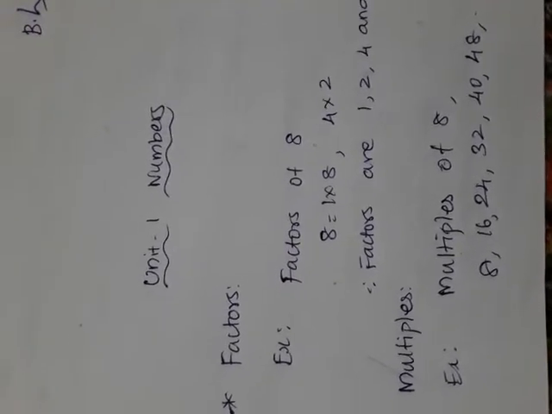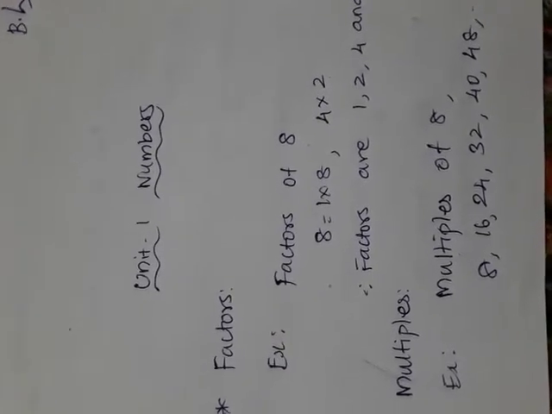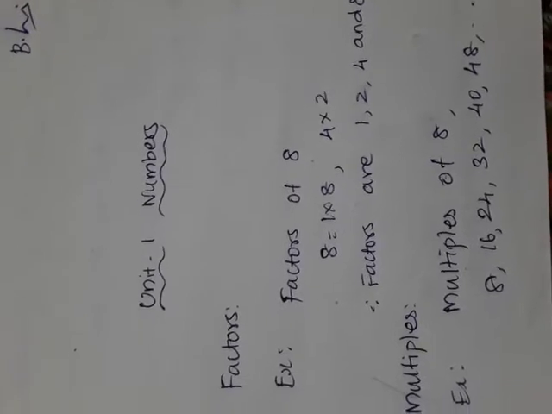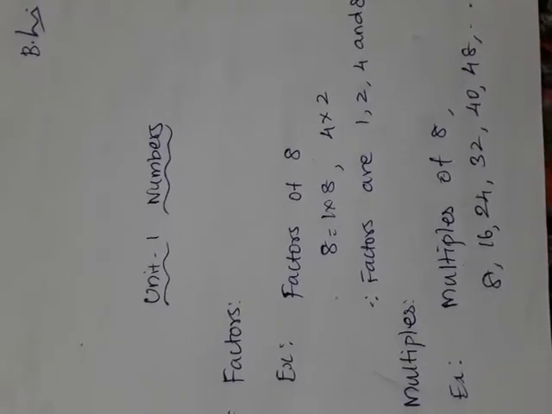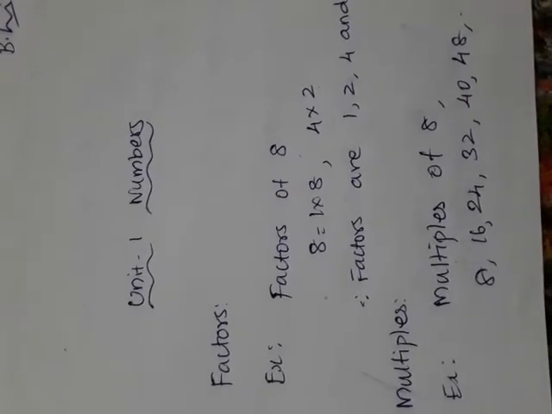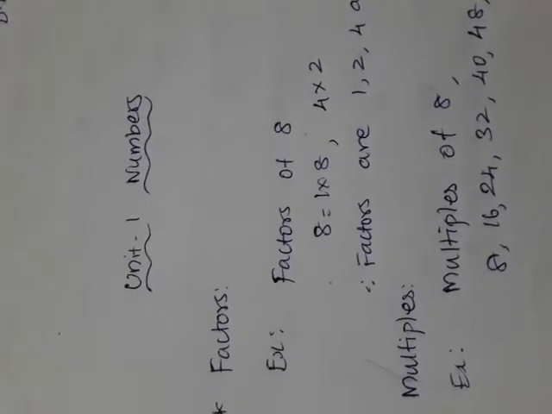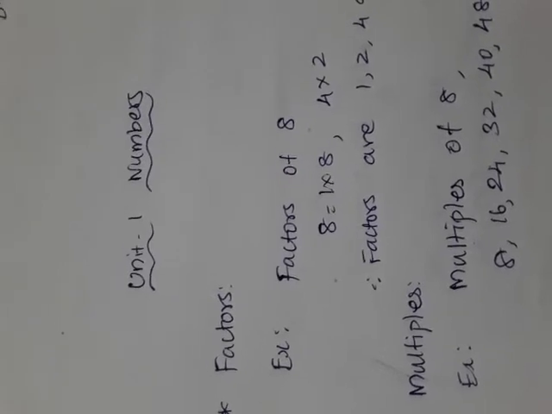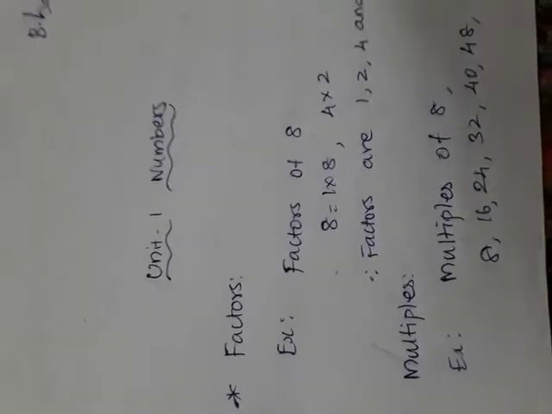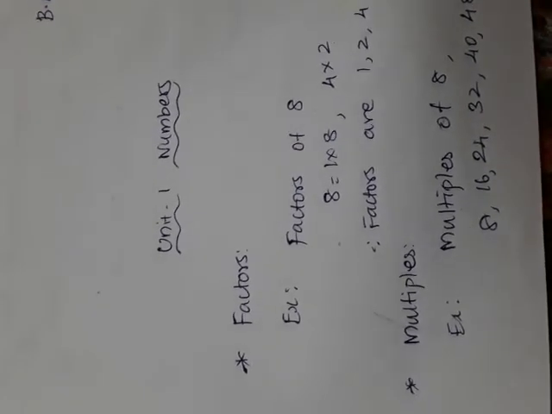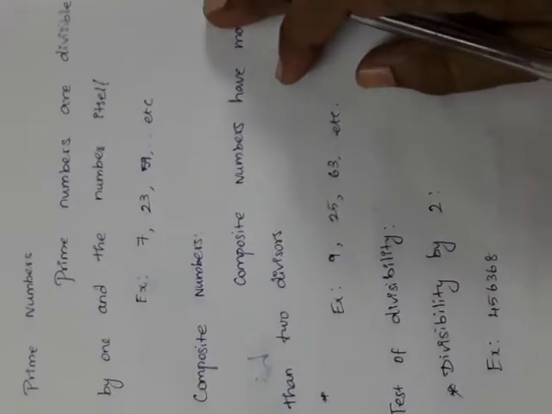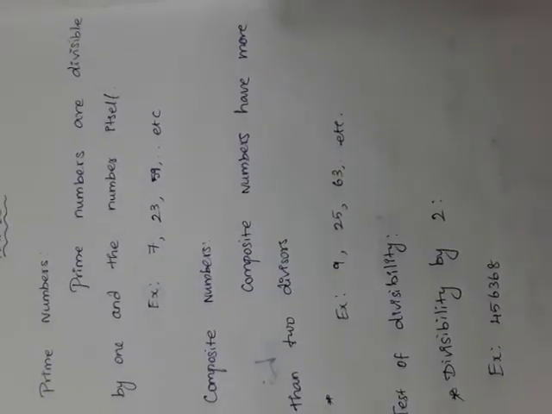First you have to choose the number, then write the tables, the answers only, multiples of the given number. Very easy, no? So factors should divide the number without any remainder. Multiples is just the tables. That's it. Hope you are all clear about factors and multiples. Now we are going to learn a new topic, that is prime numbers. It is very easy actually.